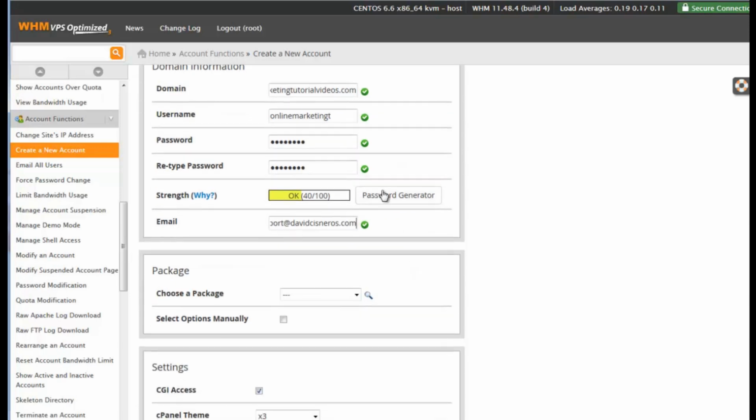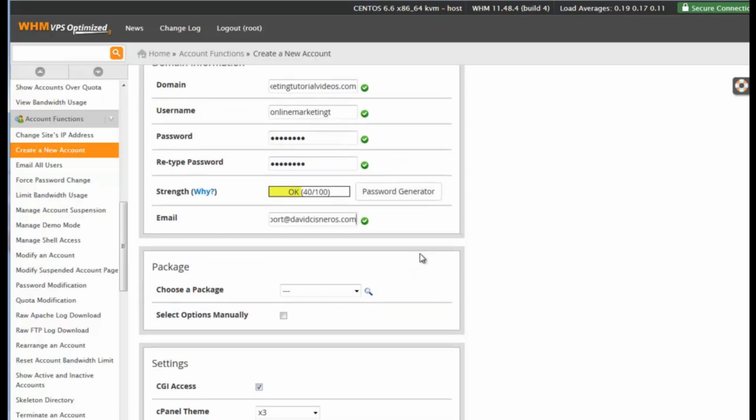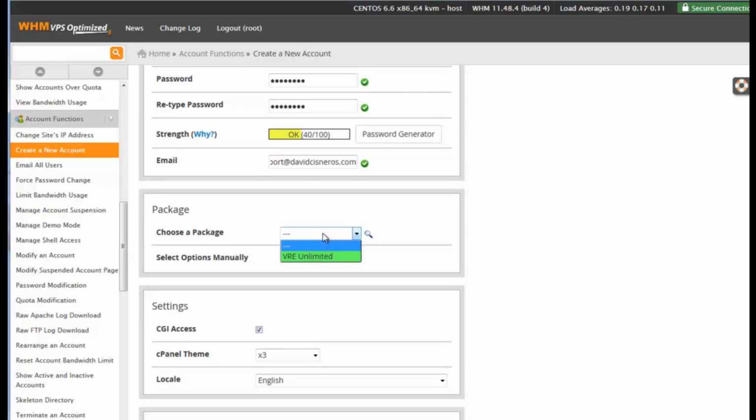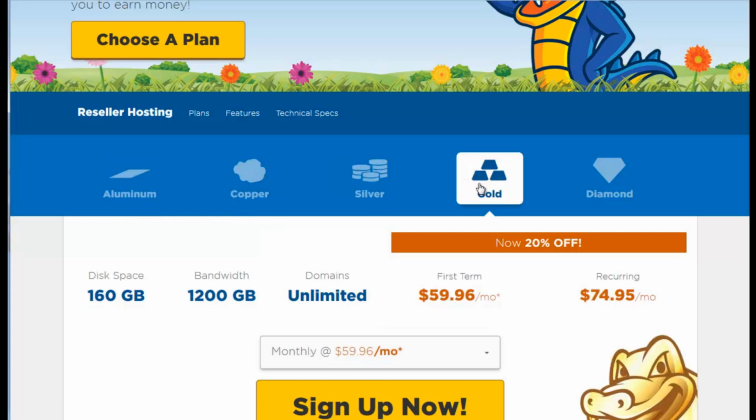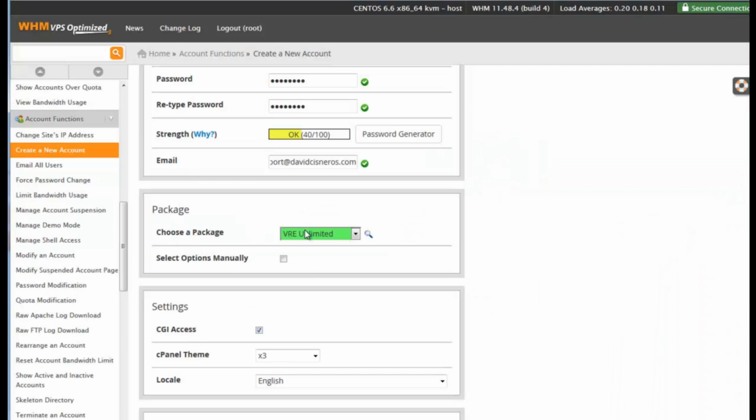Okay, so I have all that top area filled out. Now what I need to do is choose a package. Now with my reseller account, I have one package that I've created. Now you can set up as many packages, there's different types that you want. Just like HostGator has the different packages here, you can set up these different packages yourself. Okay, so I have one package that I set up,